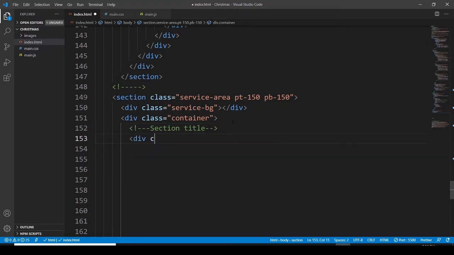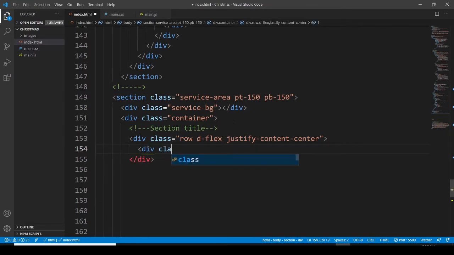Section title, div, assigning it a class. Class is going to be raw. Display flex, justify content center,